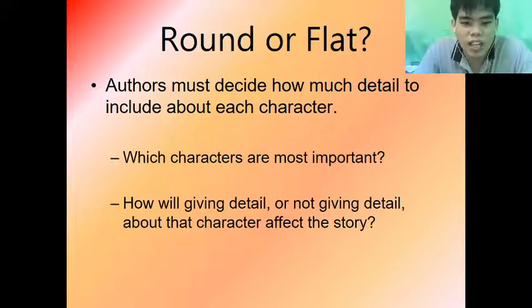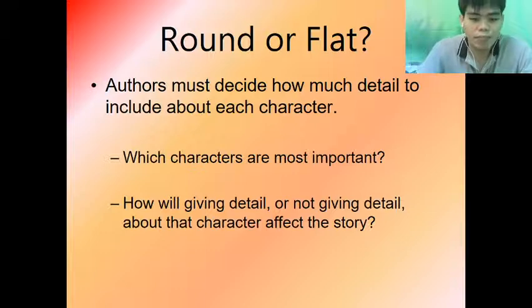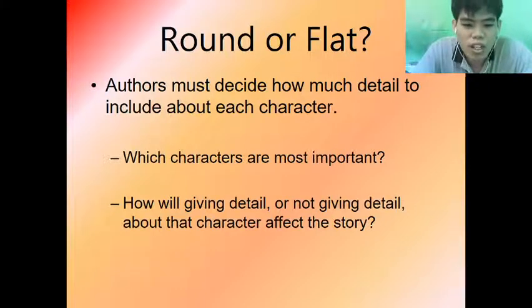In identifying the round and flat characters, here are some questions to consider. First of all, which characters are most important, and how will giving detail or not giving detail about that character